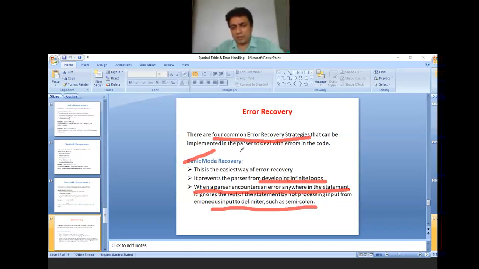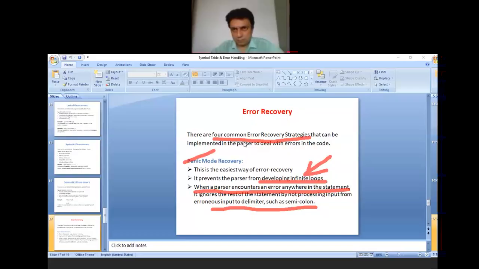So panic mode recovery recovers the parser from developing an infinite loop. This is one form of error recovery strategy, and it is the easiest way of error recovery.